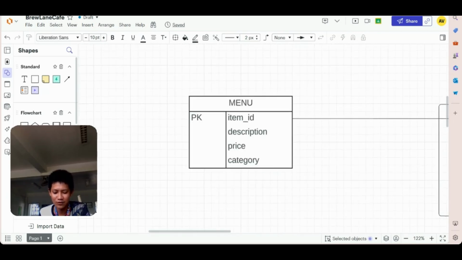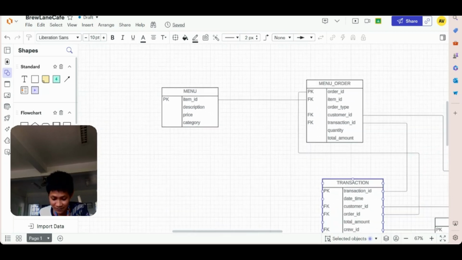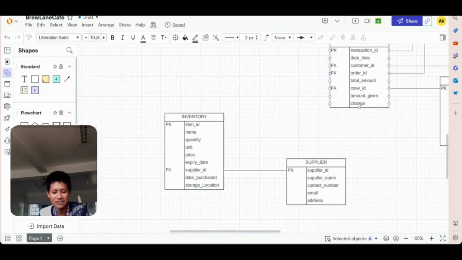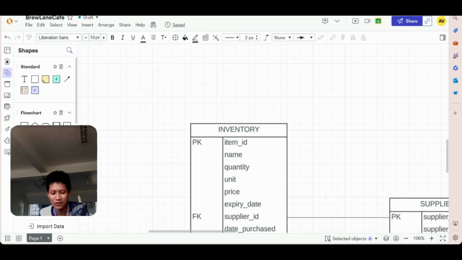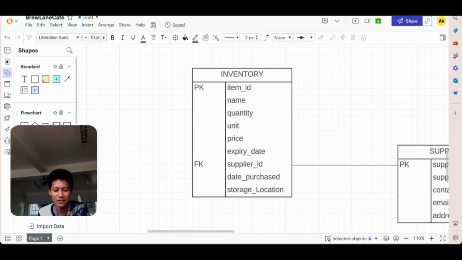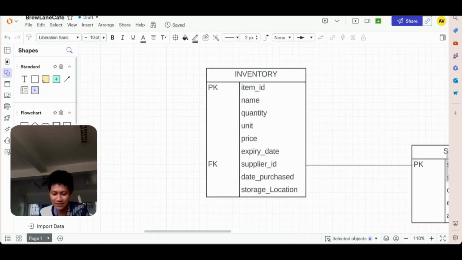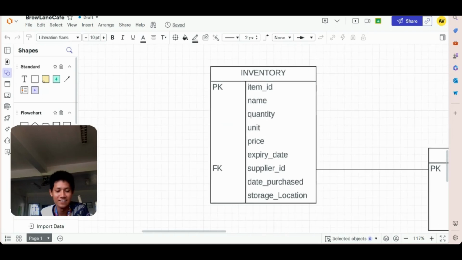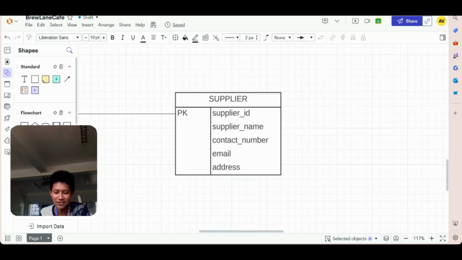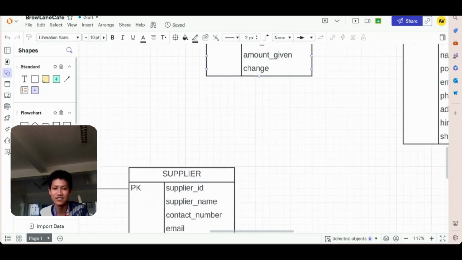All the items required for making an order or transaction are stored in this table along with all necessary things associated with the item. Next is supplier. This is all about the information of the one whom the company receives the needed items from to run the store. Then lastly is the transaction.